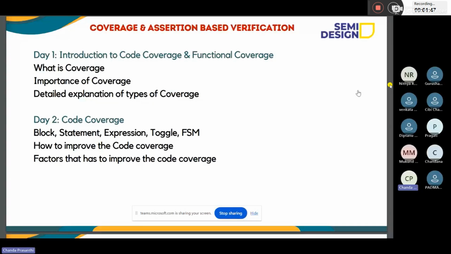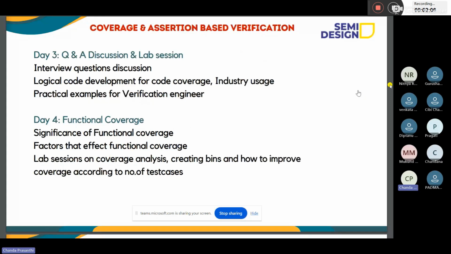In code coverage we need to look into blocks, statements and expressions. We will discuss in detail what is meant by code coverage, how to improve it, and the factors to improve it. Then question and answer discussion and lab sessions, and also how the logical code can be written for code coverage, the syntaxes we need to follow, and how we can write different blocks.